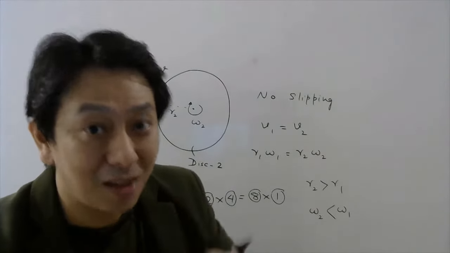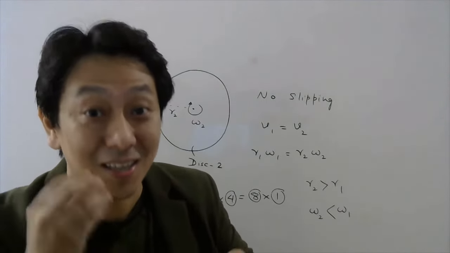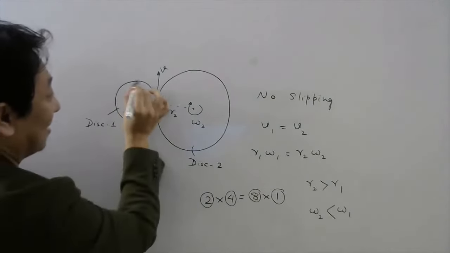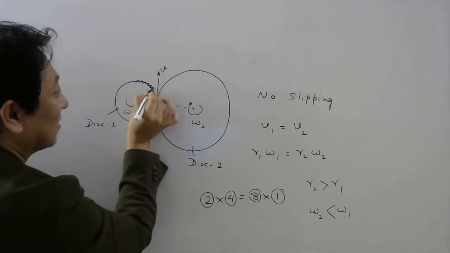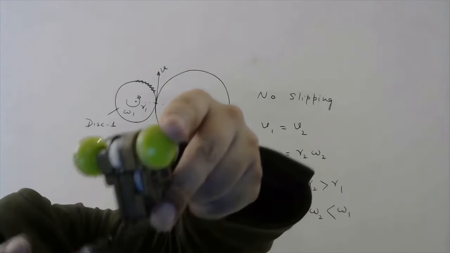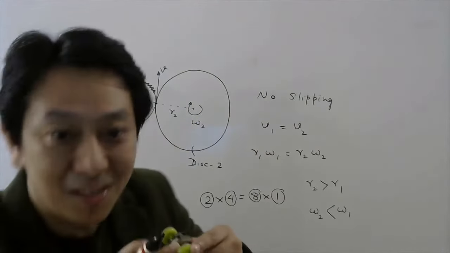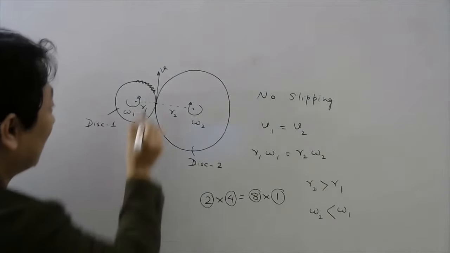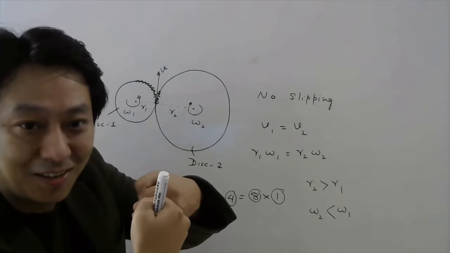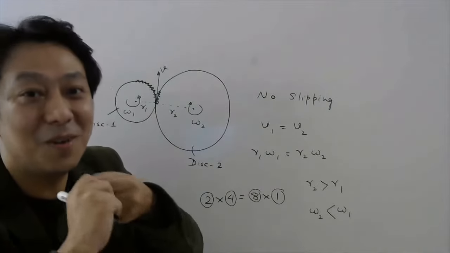Now, how can I make sure that there is no slipping at this point? Usually we do that by using gears. So in gears we will put teeth on this ring, something like this. Okay, so let me show you in real. So you can see here, there are teeth in the perimeter of this disc, right? So something like this is formed so that when one rotates, the other one will also rotate. And because of the teeth, there will be no slipping.